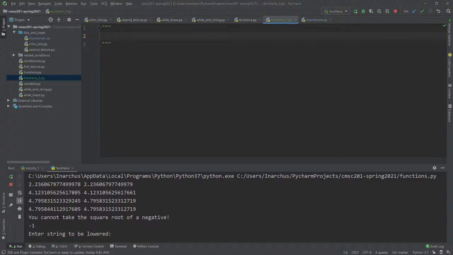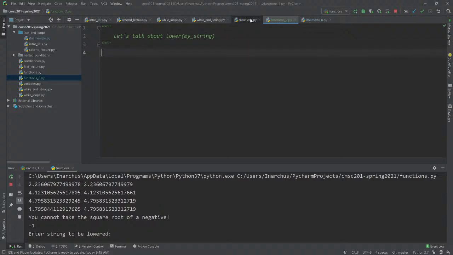Okay, so let's talk about the .lower function. That's right. The arguments are in the function call, and the parameters are in the function definition. That's exactly right.